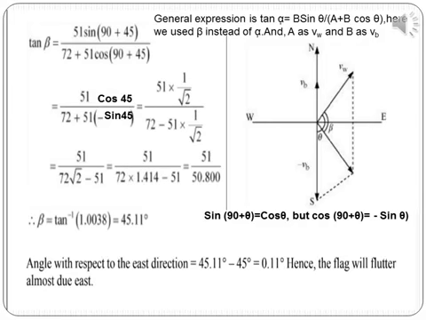So, it will be equal to 51 into 1 by root 2 whole divided by 72 minus 51 into 1 by root 2, as cos 45 degree is equal to 1 by root 2 and sin 45 degree is equal to 1 by root 2. This gives